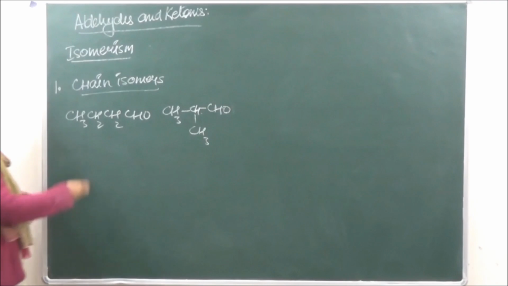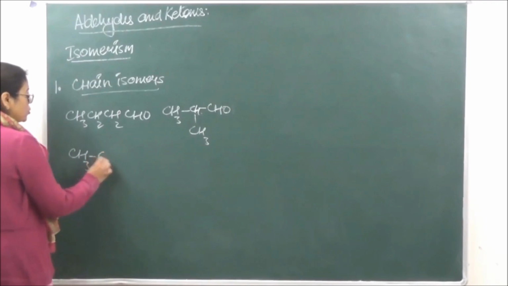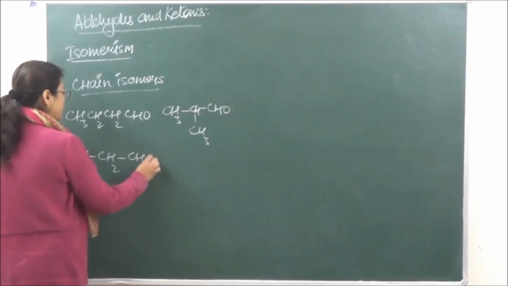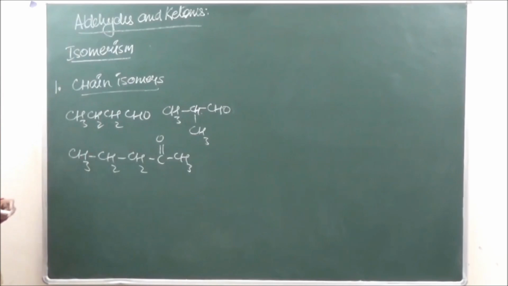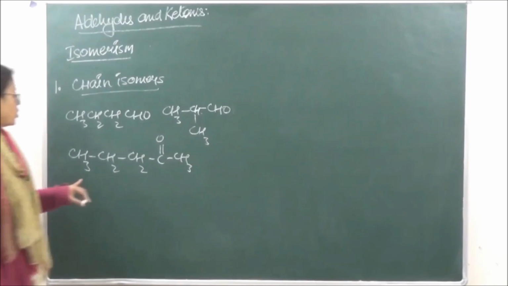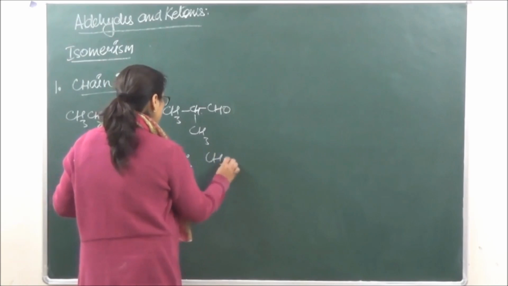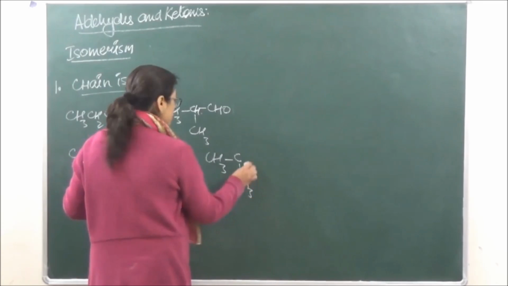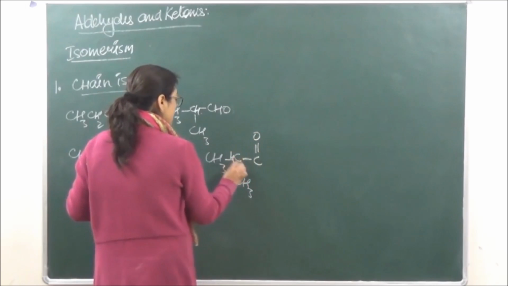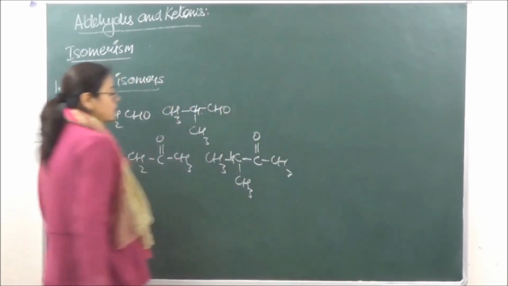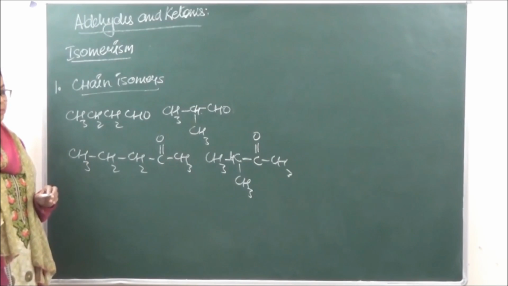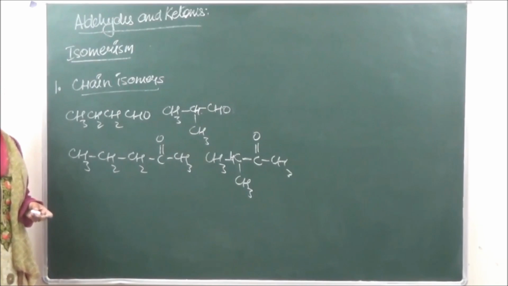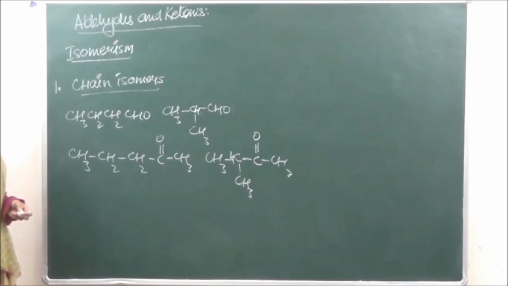ठीक है? Similarly, ketones will also show. If we have CH3, CH2, CH2, C double bond O, CH3. This is going to be known as pentanone. ठीक है? और इसका चेन आइसोमर क्या बनेगा? CH3, C, CH3, C double bond O and CH3. This is going to be 3-methyl butanone. ठीक है? तो उसका चेन आइसोमेरिज्म के बाद the second isomerism which we have, that is going to be position